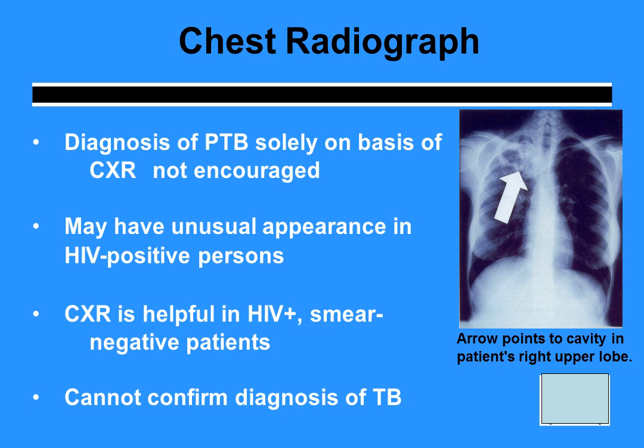The chest radiograph will show you, as you can see here in the picture, the upper or apical part of the upper lobe showing a cavitatory lesion, and the radiograph can help us in the diagnosis of tuberculosis, but we cannot solely diagnose tuberculosis on chest x-ray. We need to have a sputum examination or biopsy done for these patients. When patients have HIV, the picture of tuberculosis can be a little different.